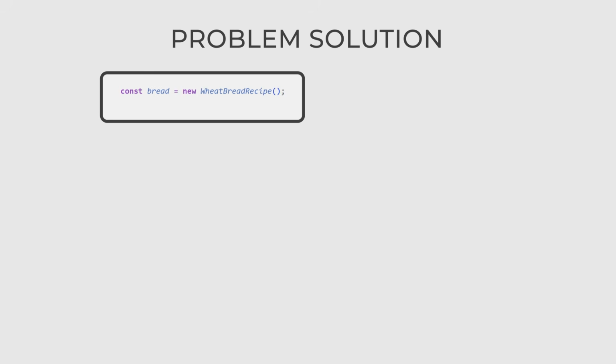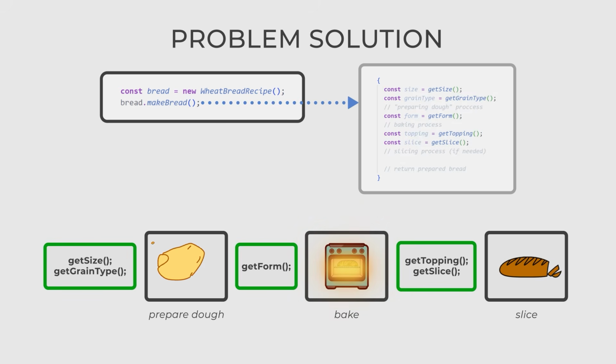When the user needs to bake a specific type of bread, the application creates an instance of the corresponding subclass and calls its makeBread method. This method executes the steps in the predefined order, but the actual details of each step depend on the implementation